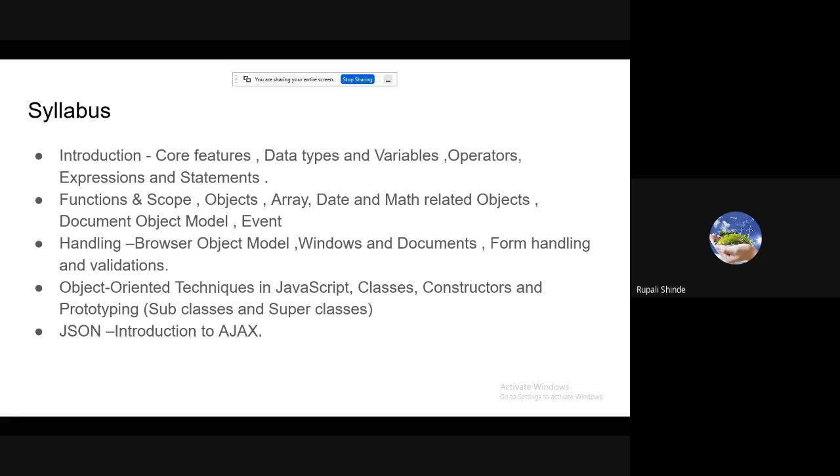Then handling the browser object model, windows and documents, form handling and validation. Next, object-oriented techniques in JavaScript: classes, constructors and prototyping, subclasses and superclasses. Then JSON and introduction to Ajax. All these topics we have to finish in the third unit.